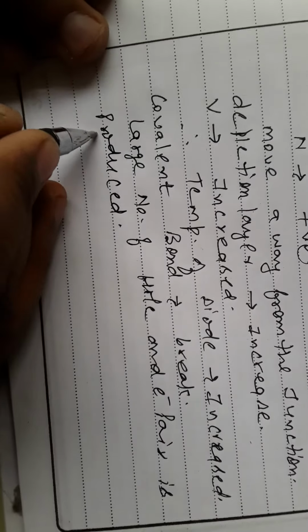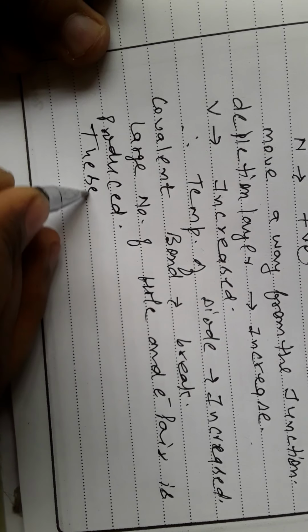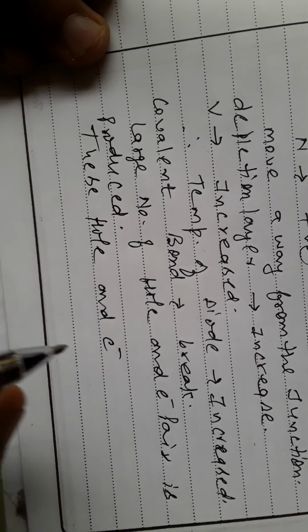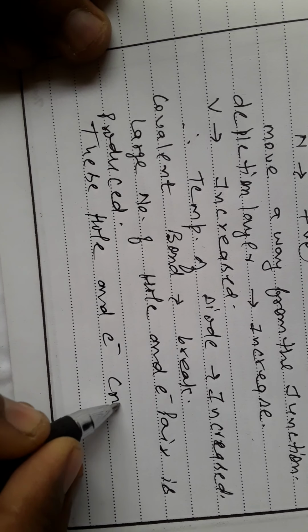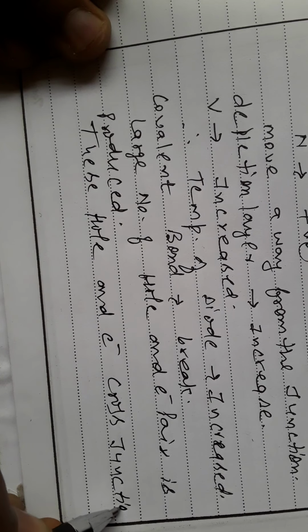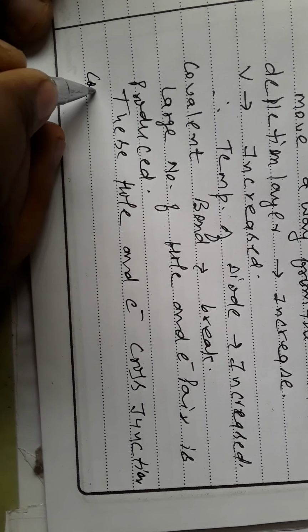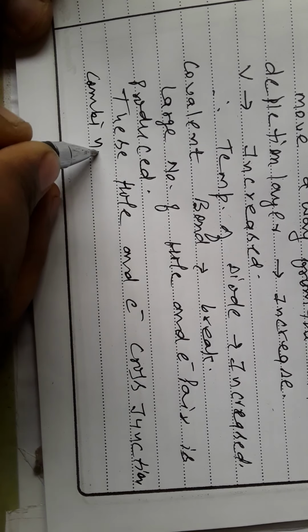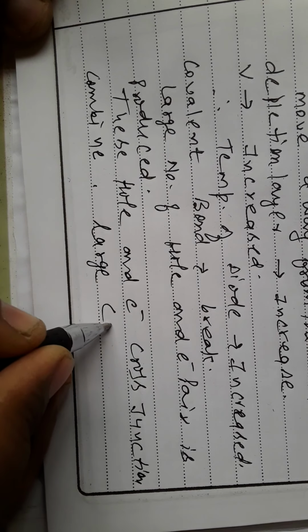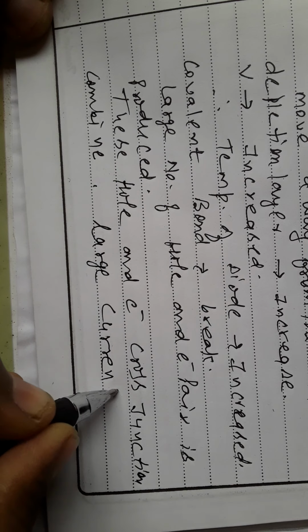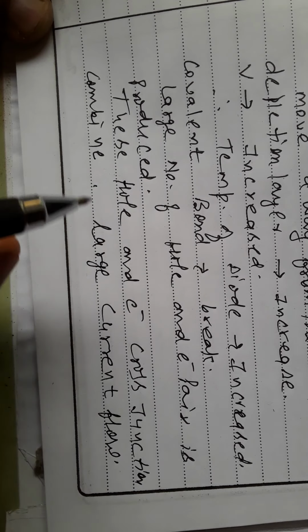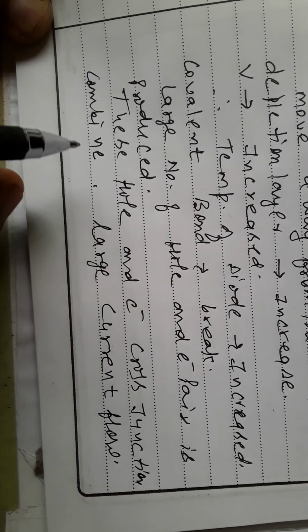So these holes and electrons cross the junction, they combine with each other and a large current flows. So the temperature at which